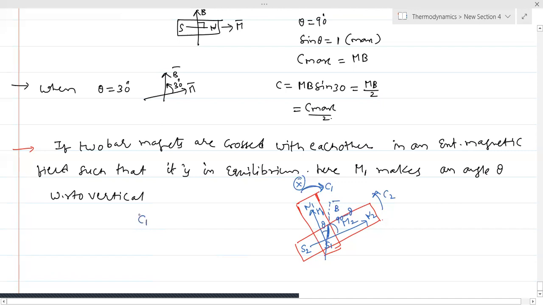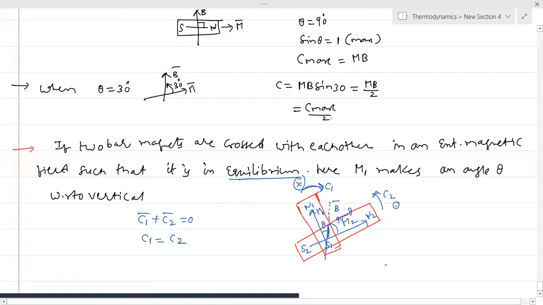Therefore C1 bar plus C2 bar is equal to 0. Here C2 bar will be outward. When we measure the angle from M2 to B with the curl of fingers of the right hand, the thumb will be upwards. So one is inwards and one is outwards. That's why the total sum is definitely 0. We take it as 0 because this system is in equilibrium. If a system is in translational equilibrium, we take F net equal to 0. If the system is in rotational equilibrium, we take the net couple equal to 0. So one is treated as plus and one is treated as minus.